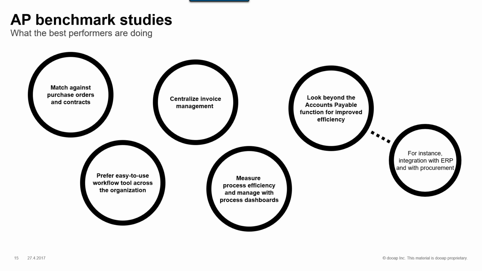Okay, let's look a little bit at what companies that are performing well in the benchmark studies have in common. What are they doing right? Obviously, they've gotten rid of paper. In addition to that, they're automating through matching. What does this mean? Well, you know what purchase orders are and why they're made. The actual decision to buy, that needs an approval. When the PO is done and approved, no one should touch it anymore. Ideally, the process is touchless.